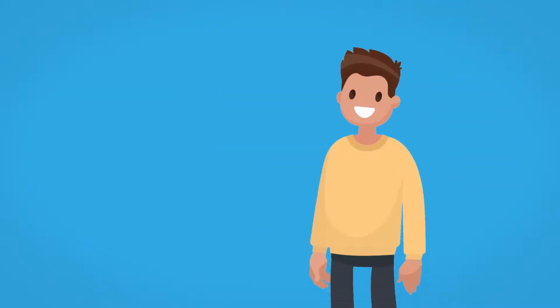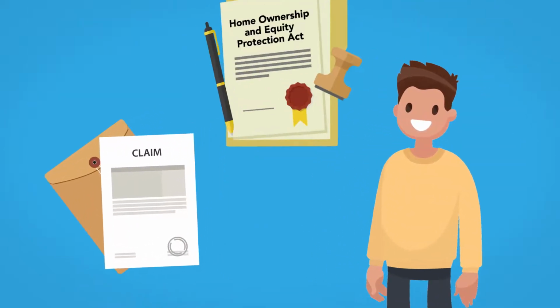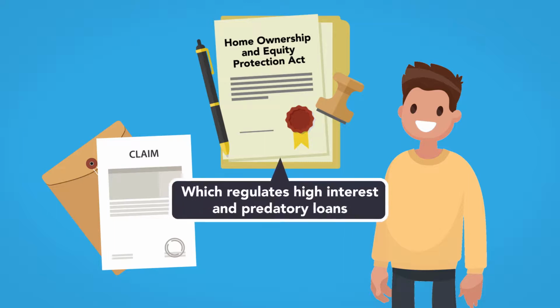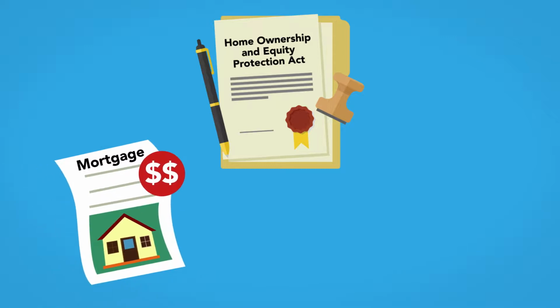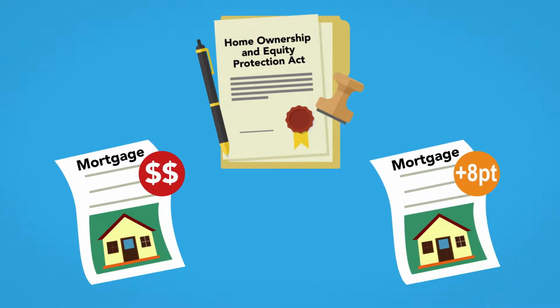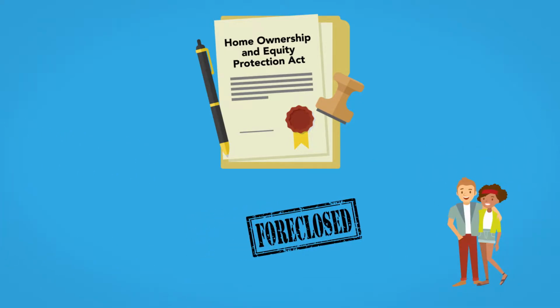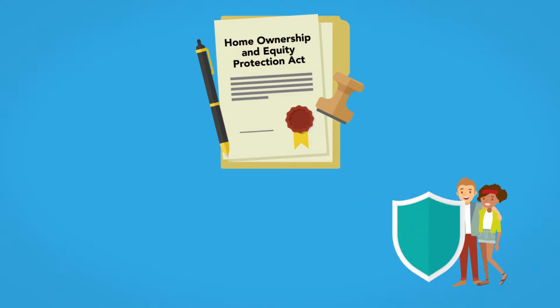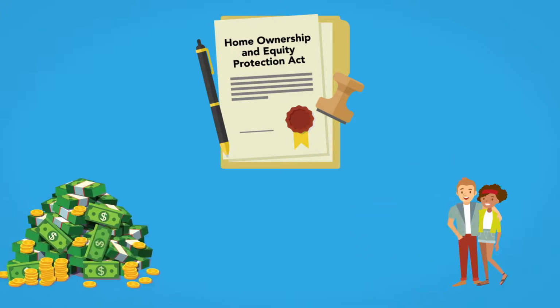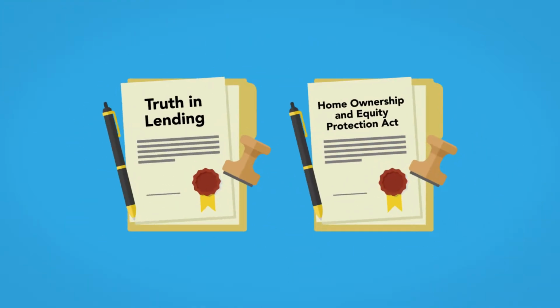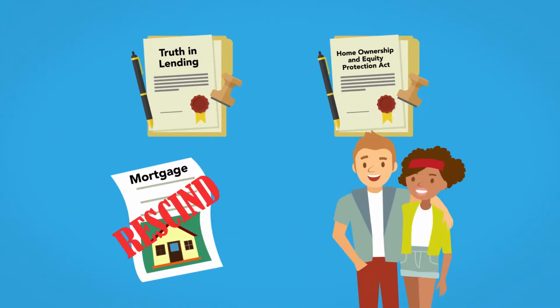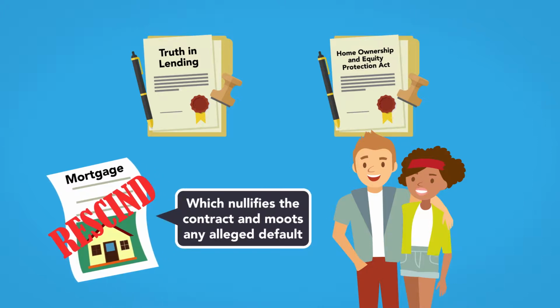A borrower may also be able to raise a claim under the Home Ownership and Equity Protection Act, which regulates high interest and predatory loans. That act requires certain disclosures in cases of high-cost mortgages, including those with interest rates more than 8 points higher than the growing interest on Treasury bills. Violations of the Act may result in successful foreclosure defense, and can also lead to an award of damages and possibly rescission. Both acts provide ways that borrowers can legally rescind mortgage agreements, which nullifies the contracts and moots any